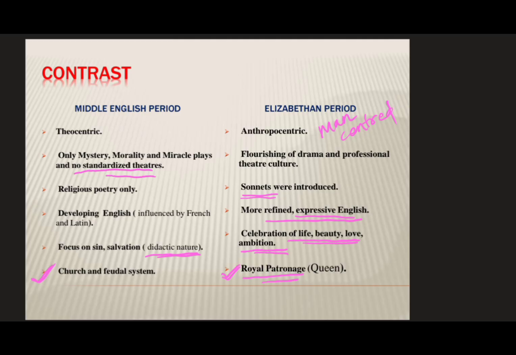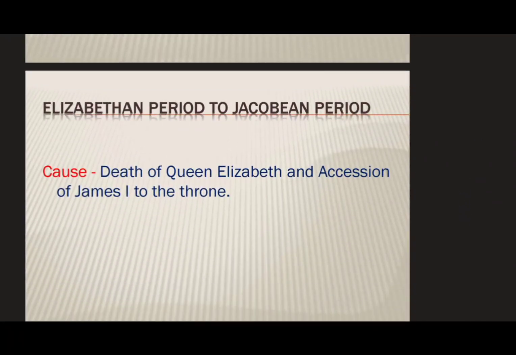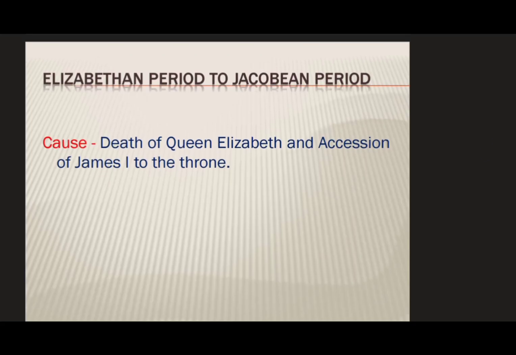Moving ahead, there was a shift from Elizabethan period to Jacobean period, and the cause behind it was the death of Queen Elizabeth and accession of James I to the throne. So Queen Elizabeth was unmarried and had no heir to the throne of England. So after the death of Queen Elizabeth, James I, who was Elizabeth's aunt's son, that is her cousin, took over